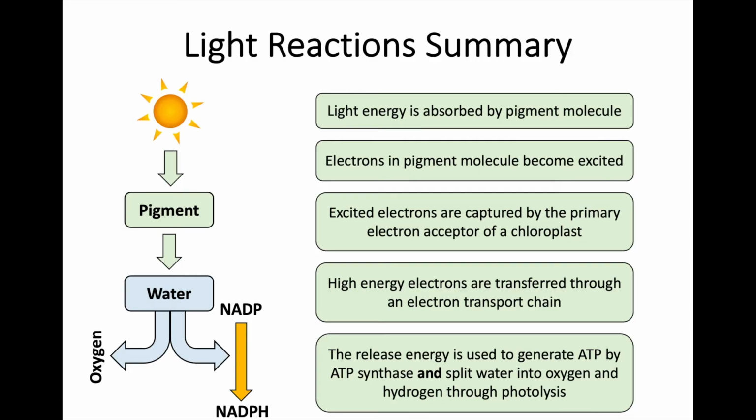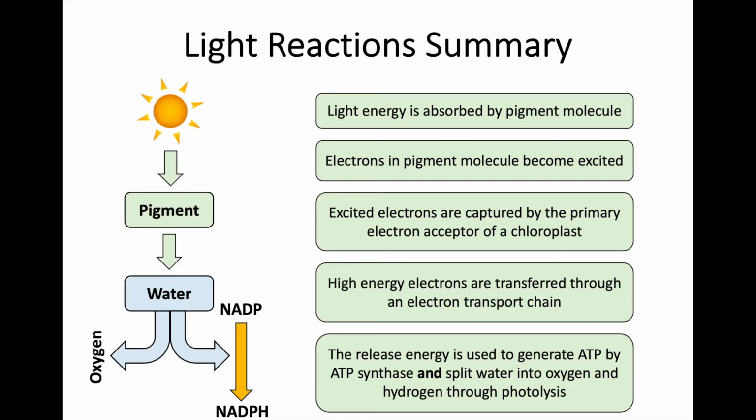So far, light energy has been absorbed by a pigment molecule. The electrons in that pigment molecule become excited, and the excited electrons are captured by the primary electron acceptor of a chloroplast, which starts off this whole process of the electrons being transferred through an electron transport chain, and the released energy is used to generate ATP through ATP synthase and used to split water into oxygen and hydrogen through